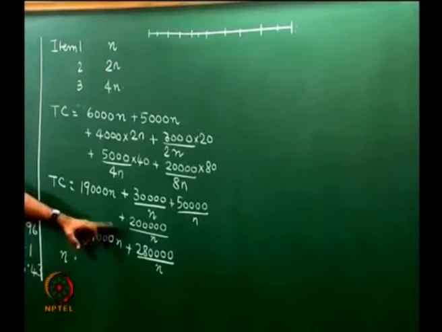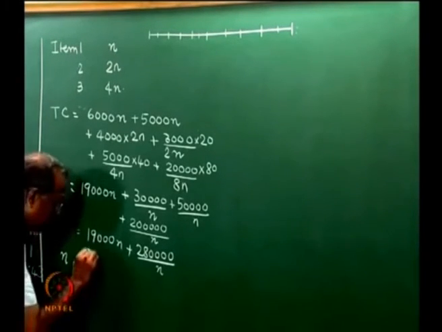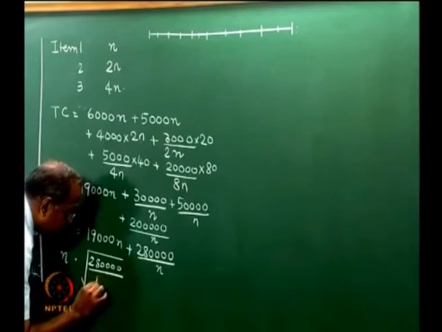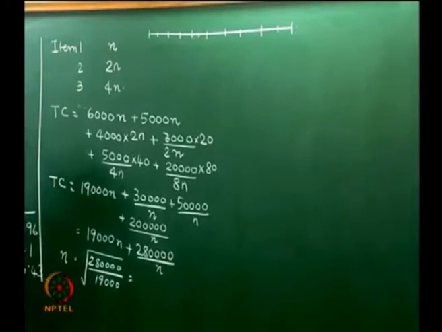So, 19,000 minus 280,000 by N square is equal to 0, from which N is equal to root over 280,000 divided by 19,000, which would give us